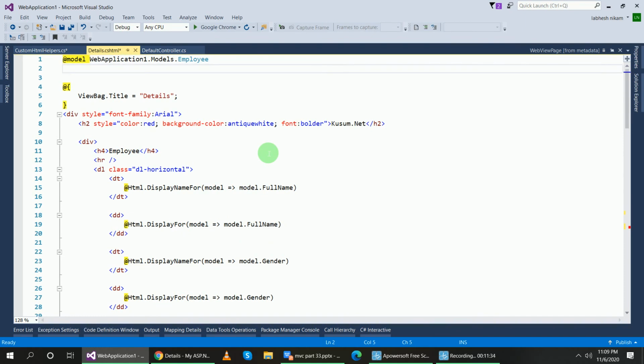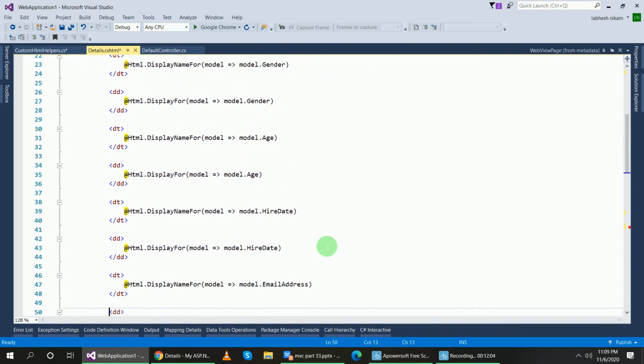So using WebApplication1, and where is my static class inside of this custom HTML helpers. Okay. Now I can use this image custom HTML helper here.